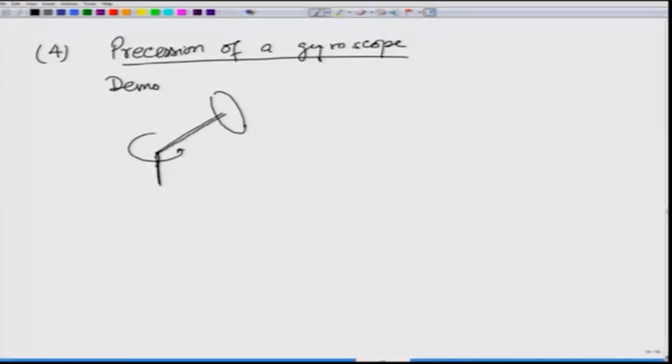The way we did it earlier was we said that let us say it is going like this, so that spin omega is coming in towards the base. Then it has an angular momentum L this way, and because there is a weight pulling it down, mg, if I sit at this point, this mg provides a torque. What kind of a torque is it providing? If you use the right hand rule, it provides a torque that is going in,